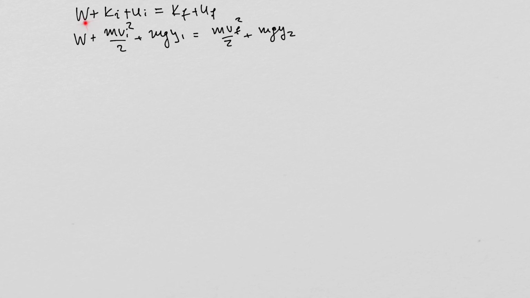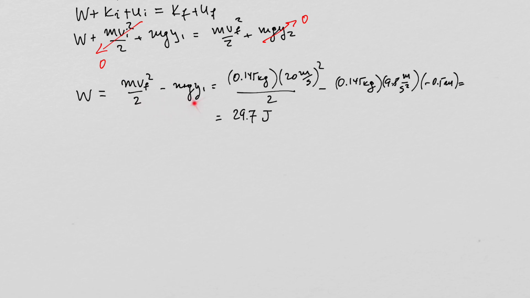So the work done by the external force plus kinetic energy initial plus potential energy initial is equal to kinetic energy final plus potential energy final. The initial kinetic energy is zero because the ball is stationary in hand. The hand is not moving yet. And then the final potential energy is zero because that's where I selected my reference level. Now let's calculate the work done by the external force. So substituting all the values in this expression and calculating, I get the result for the work W is 29.7